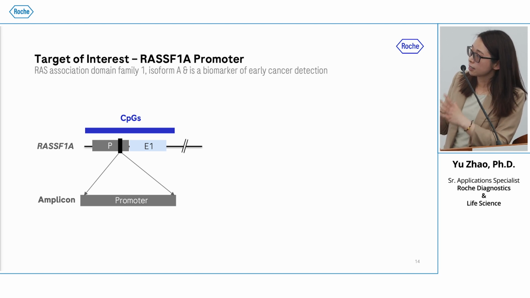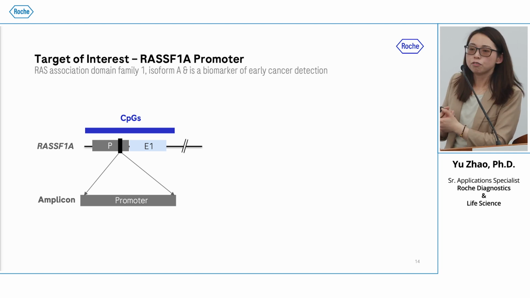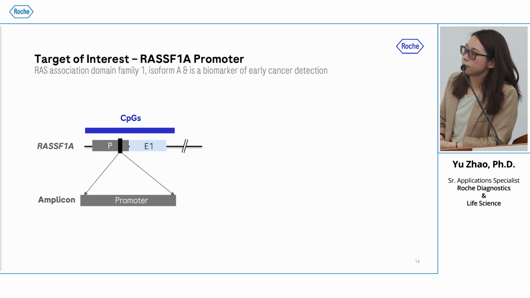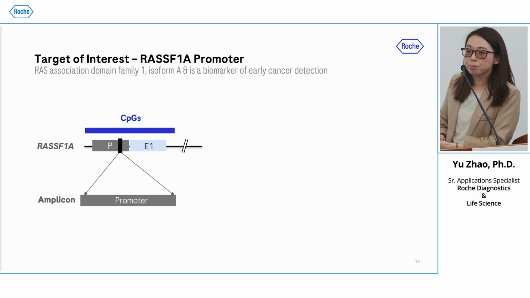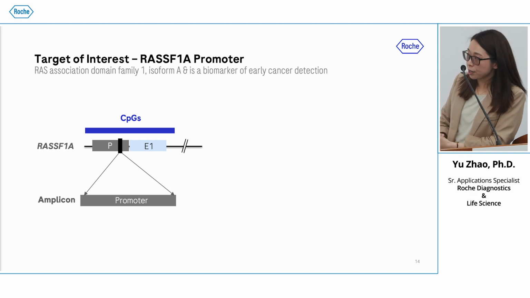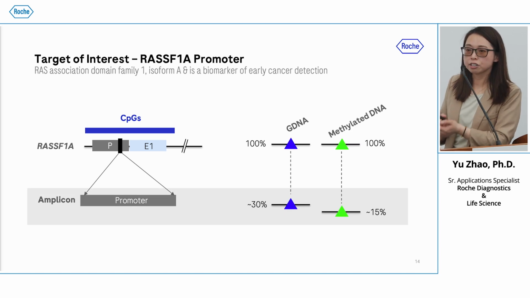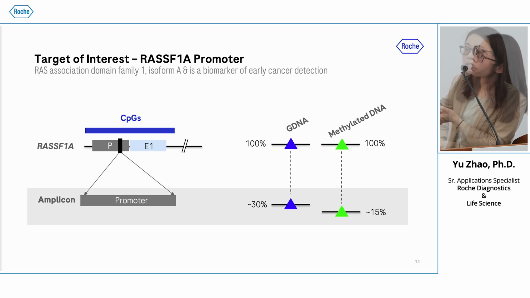CpG islands extend in the promoter and the exon regions. Primers and probes are designed specifically targeting the promoter. Unfortunately, an unexpected challenge happened during the preliminary testing, and I only detected 30% quantification compared to